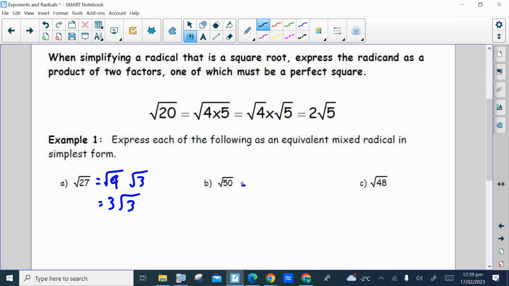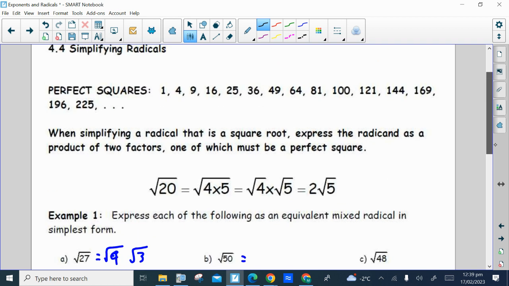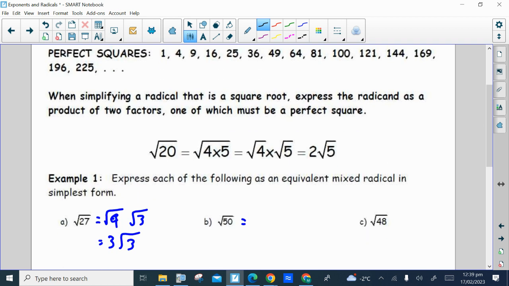So for root 50, again, you do a quick scan of that list of perfect squares above, and you should realize that